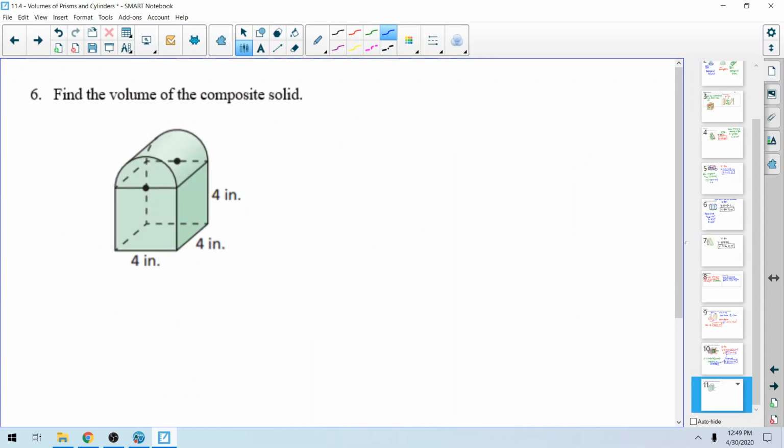Last one, find the volume of the composite solid. So, composite solid, we took two figures, we stuck them together, we want the volume of the whole thing. Game plan, find the volume of the bottom, find the volume of the top, add them together. So, down here, this is a rectangular prism. Now, I know I keep saying area of the base times the height, but does anybody remember that a rectangular prism or a box is length times width times height? So, volume down here, length times width times height,